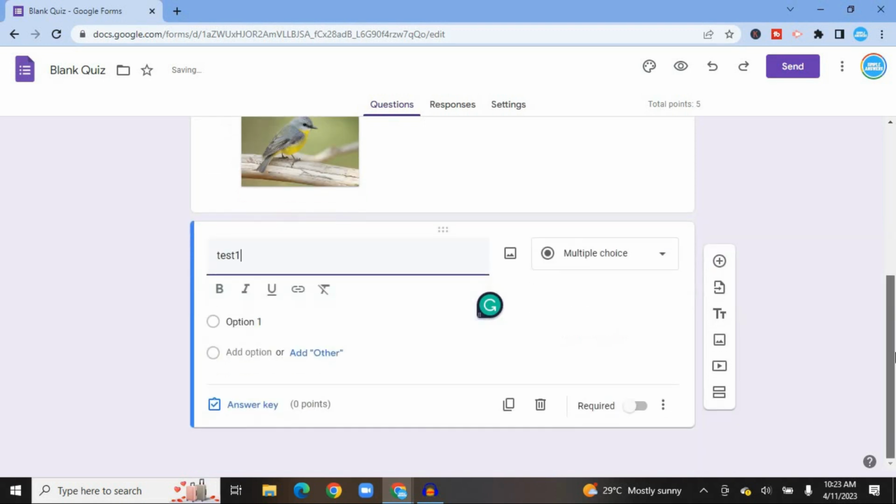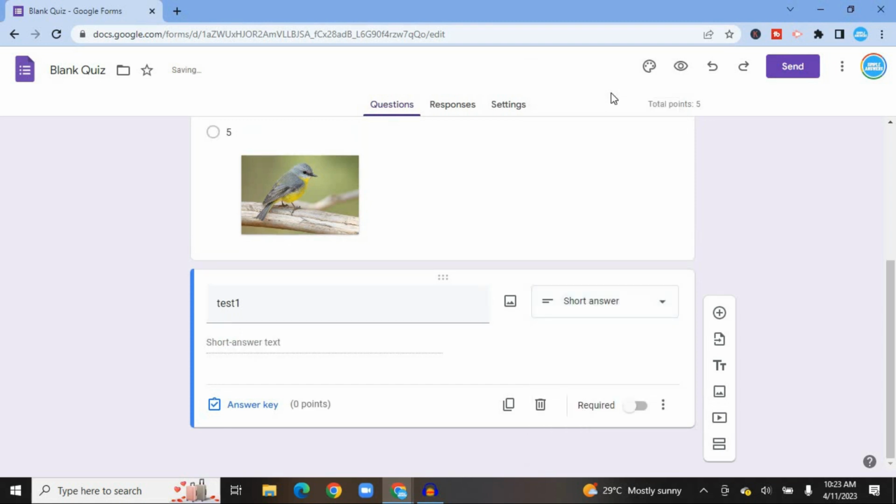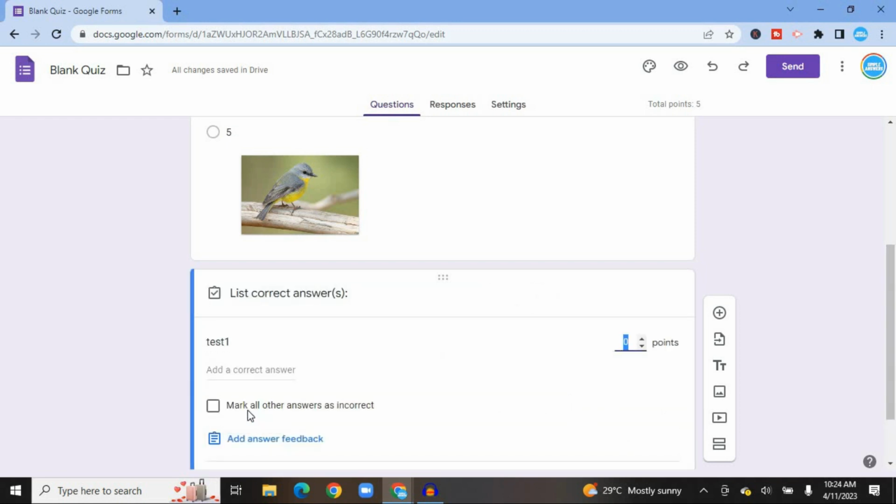After typing in your second question, let's say for example, instead of multiple choice, you want this to be a short answer. So you could tap on short answer. After selecting short answer, you can see right there, the person is provided with a line right here to provide the short answer. Then you can also tap on answer key, and you could type in the correct answer, and